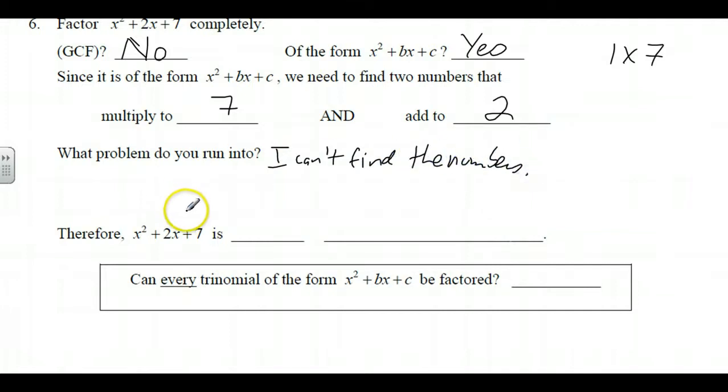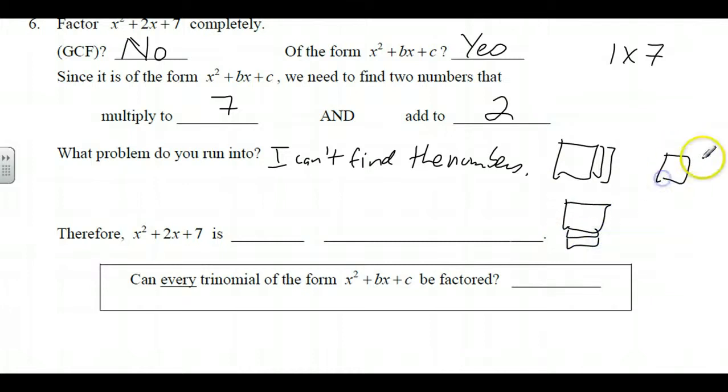So if you tried to do this with algebra tiles, right, I mean, you could do an x squared, and you could put like 2 tiles here. That would give you your 2x, or you could put 2 tiles here, or you could put 1 tile here and here. That would give you 1 to fill in. 2 tiles here would give you, well, there'd be nothing. You wouldn't need to fill it in. You have a rectangle. And here you wouldn't need to fill it in. You have a rectangle. So we can't build a rectangle. So this is not factorable,